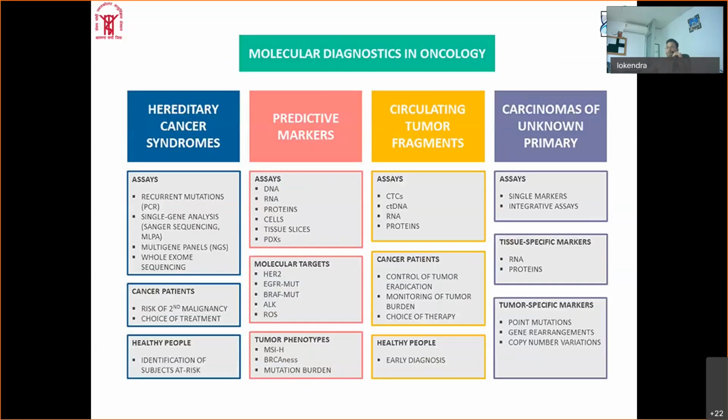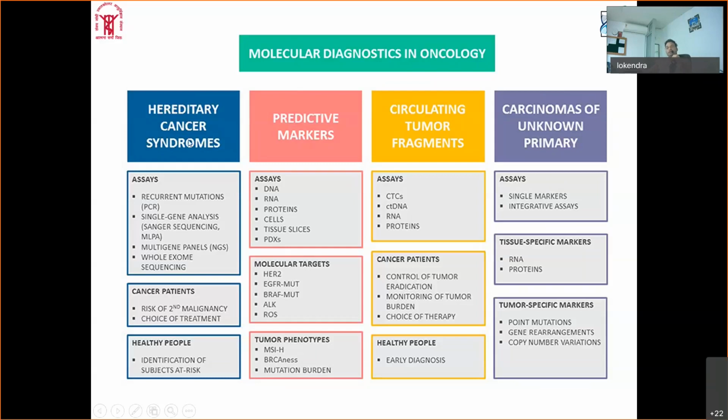So just to sum up everything, in a typical oncology lab, molecular diagnostics is relevant in very different dimensions. For example, in case of hereditary cancer, we know that hereditary cancers are those cancers which occur through family history, and some of them are more dominant in nature, and some of them, even though you carry a mutation, if it is not in both the alleles, maybe it is not symptomatic. But yes, in some of the cases they are very much predisposed.